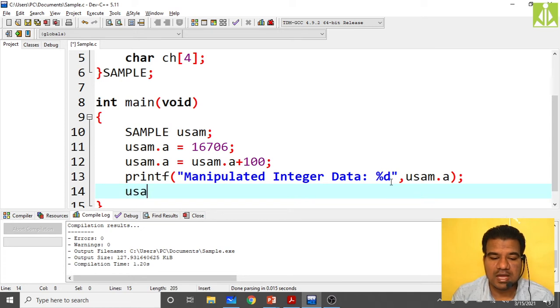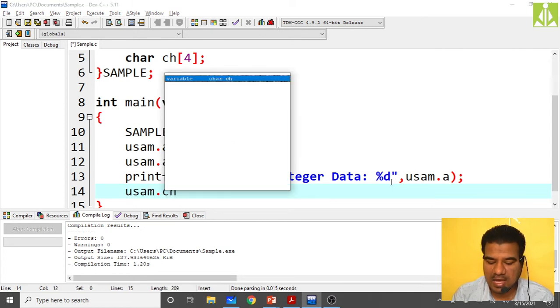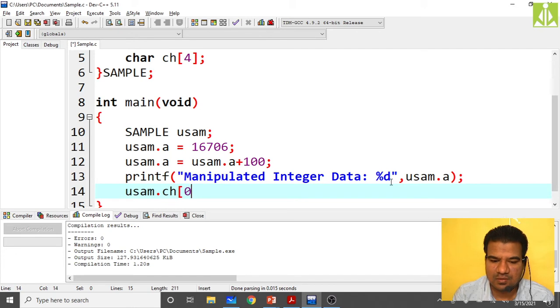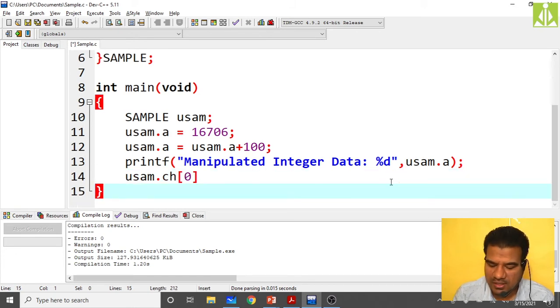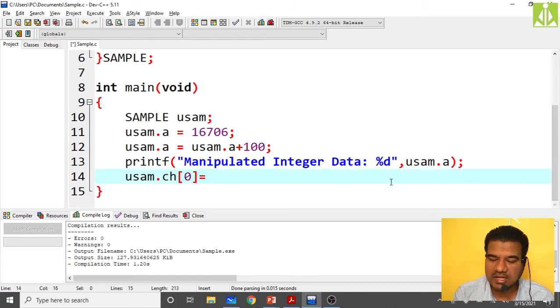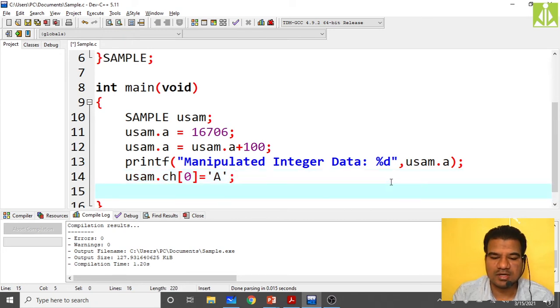So usam dot ch of 0. What we are doing, we are manipulating the first byte, and we will see what happens to our integer. Okay, what I have done, I have manipulated the first byte.